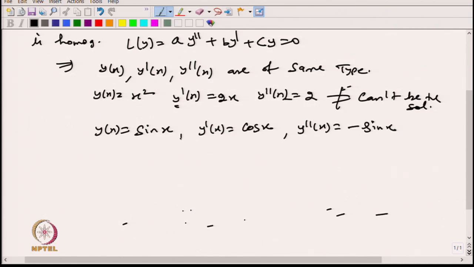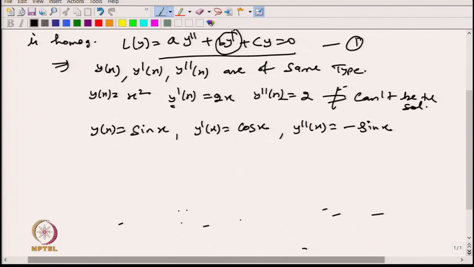So, if I take the function y(x) equal to sin x, its second derivative is of similar type, but the first derivative is cos x. So, if I put this in this equation, which I call equation number 1, the cos function will come from the first derivative. If I combine all together this function multiplied by some constants, I cannot get the value equal to 0. So, this also cannot be the solution of this equation,